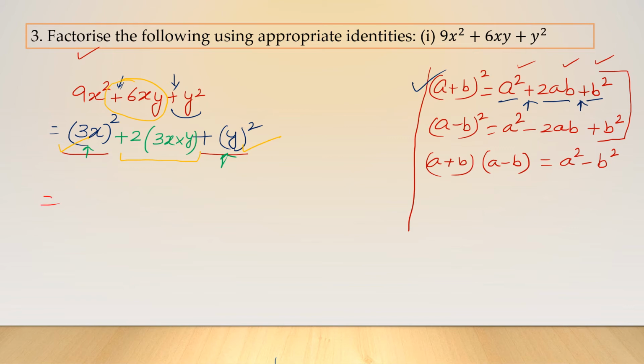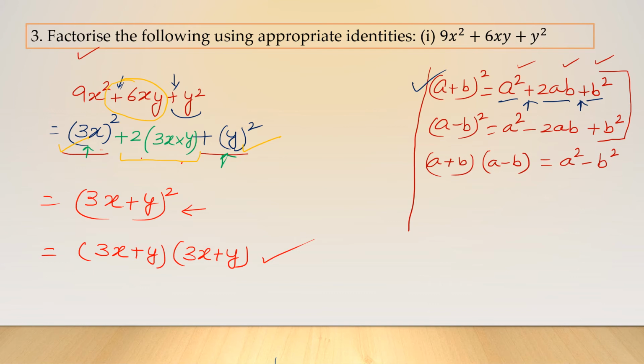So a square plus 2ab plus b square can be written as (a plus b) whole square, and write it 2 times because the power is 2. Whenever the question is to factorize, we always write the answer in this way. Try not to leave your answer at the previous step. If the power is 2, write it twice. Now you will try to do the second and third part yourself.